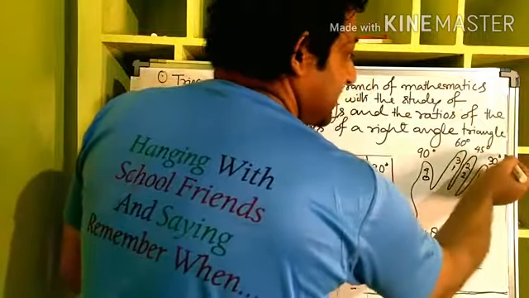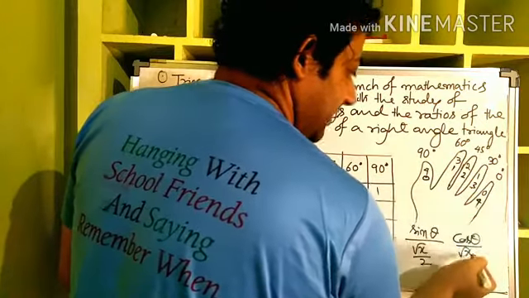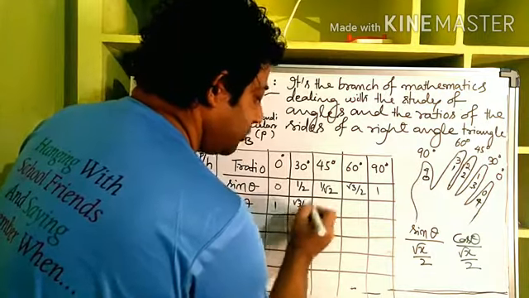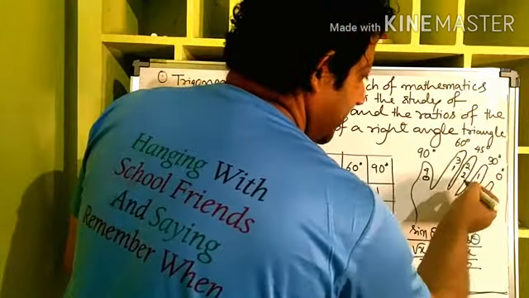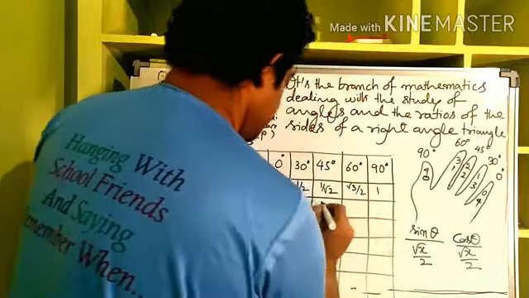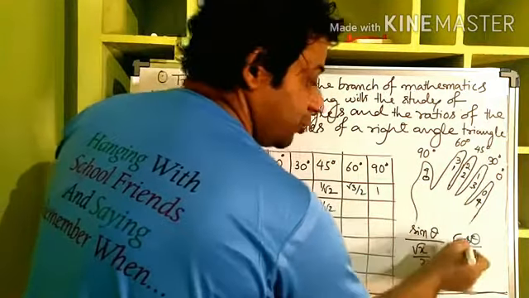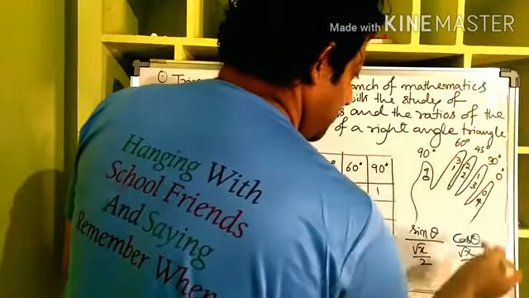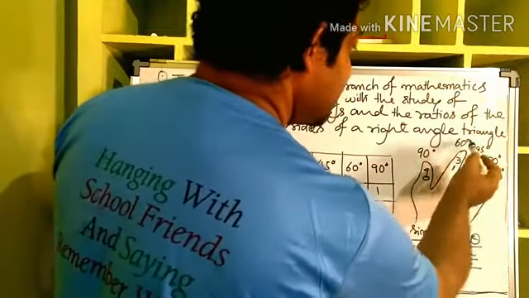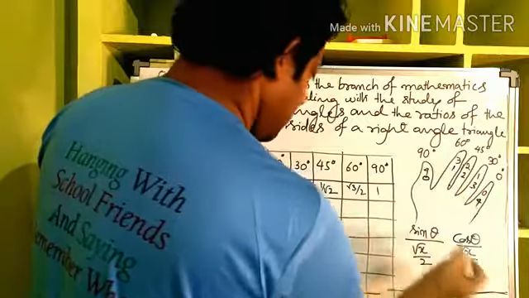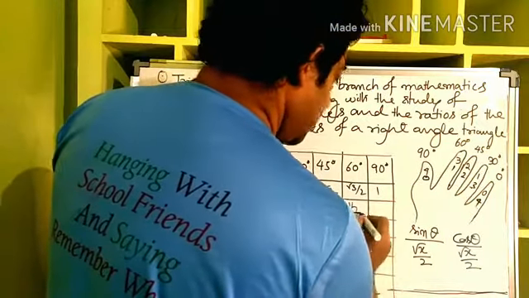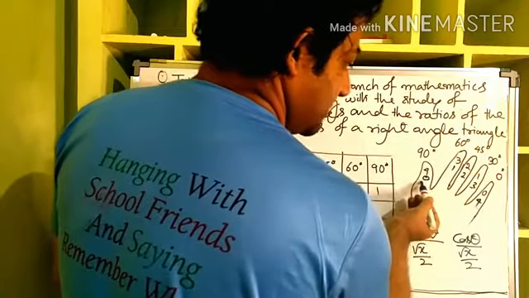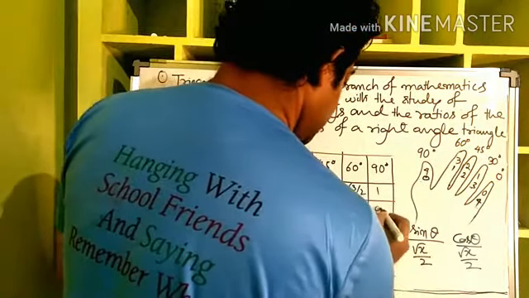Now cos 30 degree, you take green one, 3. For x you put 3, root 3 by 2. Now cos 45 degree, again 2. So 1 by root 2. See, root 2 by 2 is 1 by root 2. Now cos 60, put 3. Cos 60, put 1, green color, 1 by 2. And cos 90, this is 0, green color, put 0.